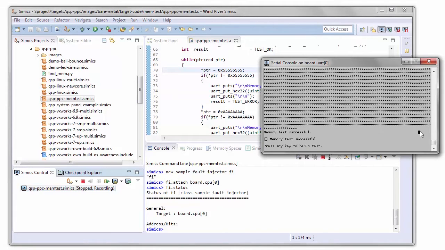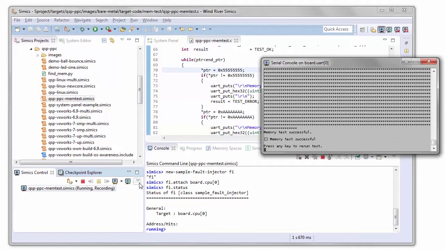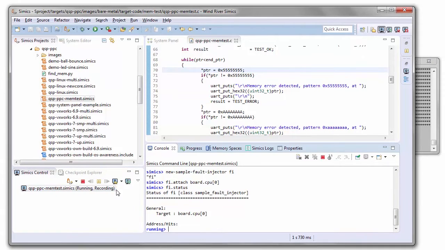First of all, we start Simics running, and then we rerun the test. You can see that the memory is still intact. We can then pause the execution,